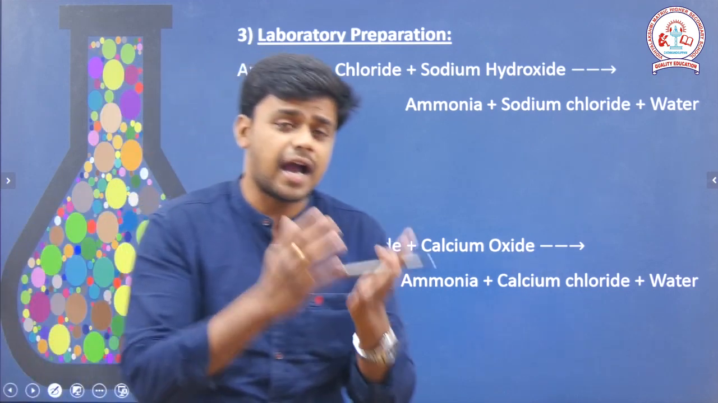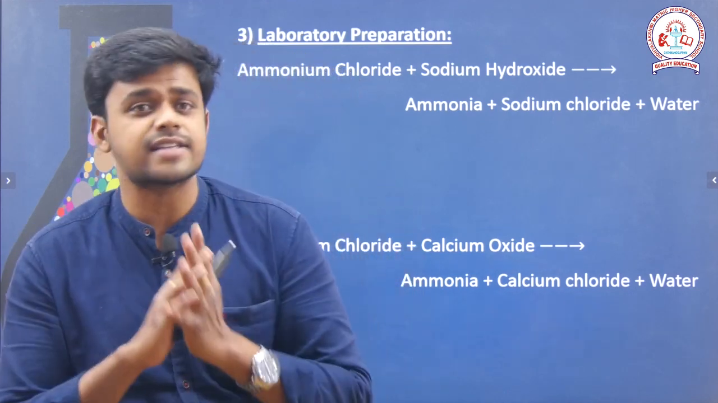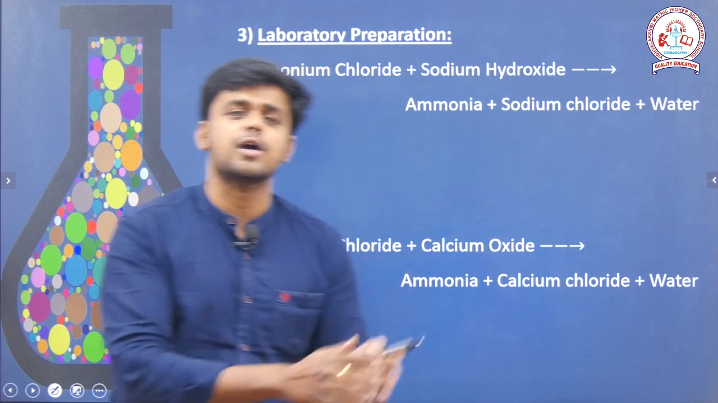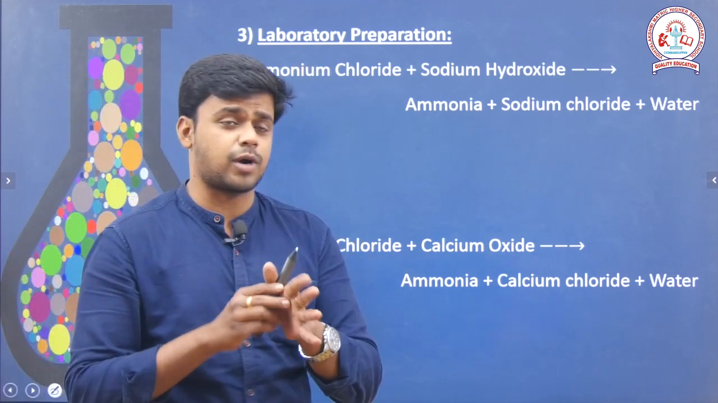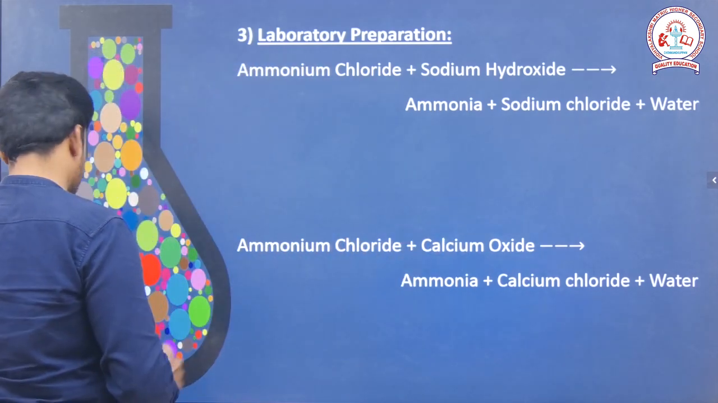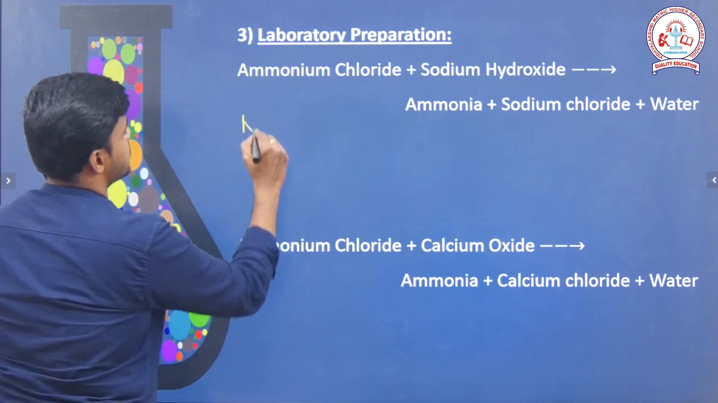If we take sodium hydroxide, we'll be getting sodium chloride as a byproduct. If we take potassium hydroxide, we'll be getting potassium chloride as a byproduct. Here we have taken sodium chloride, right? So here ammonium chloride, which is